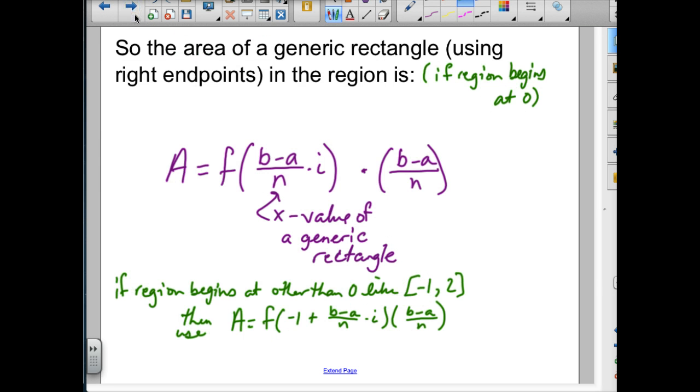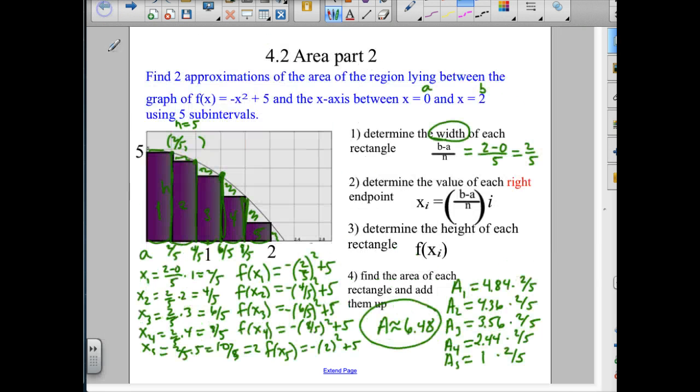So looking at the area of a generic rectangle, let's say a rectangle that has an x value underneath it of x sub i, so the first or second or third rectangle, b minus a over n was our 2. That was 2 minus 0 over n, so that was our 2/5. But we're going to use 2 over n because we don't know how many rectangles we're going to have. And then i is the counter. Remember, we multiplied